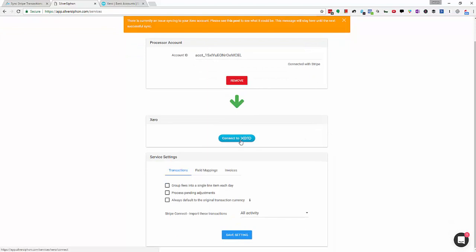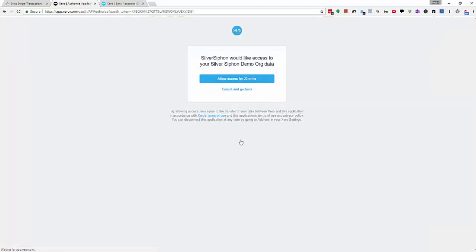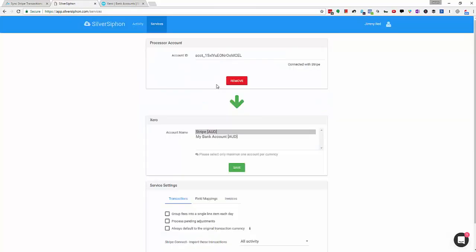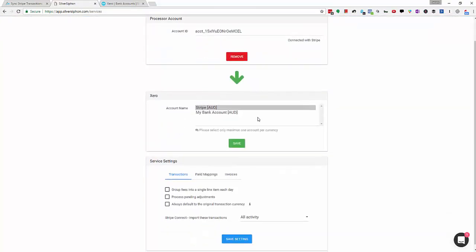Now we're going to link to Xero. We'll click this button here. This is going to say allow access for 30 minutes, and that's due to the nature of our integration. You can go ahead and ignore that and click this button. Once we're back here, it's going to give us a list of the accounts we've got in Xero, and it's also got the currency listed here. This is a very simple setup, so I'm just going to click Stripe